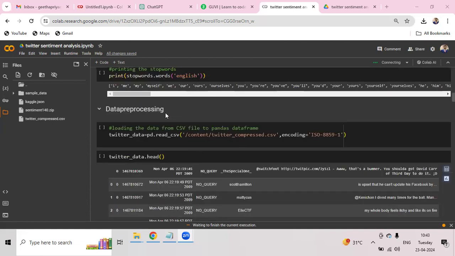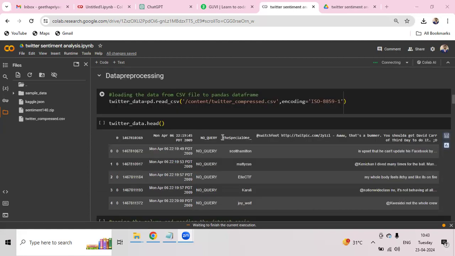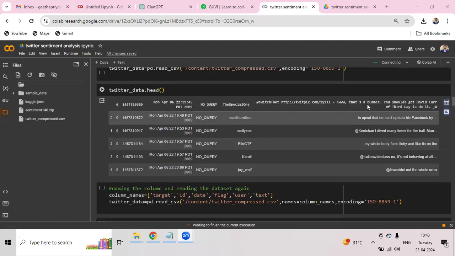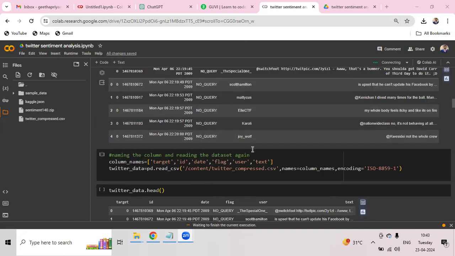So after that, I'm going to do the data pre-processing. You can see using this pd.read_csv, I'm reading the csv file. Over here you can see the first five rows of the Twitter data. You can see the text data contains special characters and upper cases and lower cases, which I don't want. So I'm going to remove the stop words. But before that, I'm going to